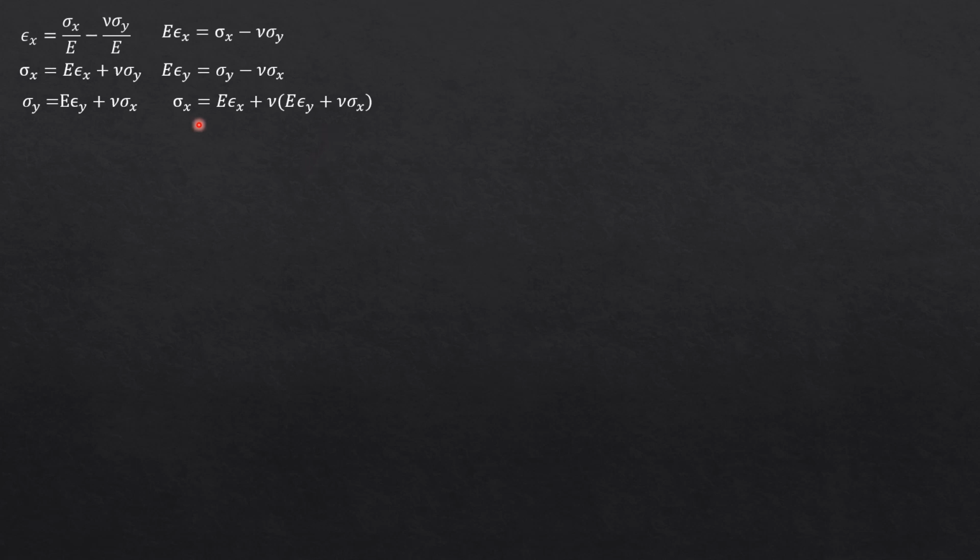Then we can factor out sigma X and write this as sigma X times quantity 1 minus Poisson's ratio square here. So sigma X minus Poisson's ratio square sigma X equals E strain X plus Poisson's ratio E